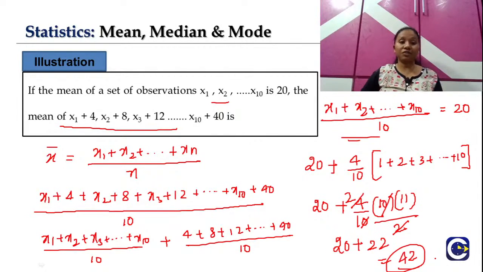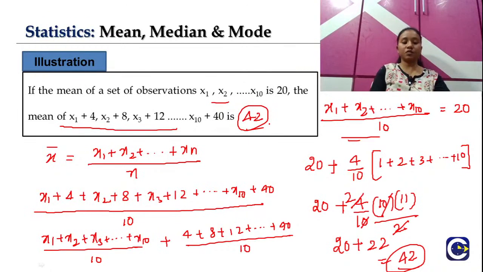So for the given information, we have figured out the average, the mean of this series, which is equal to 42. So I hope you guys got an idea how to deal with these types of questions using the given information and using our standard formula of finding the arithmetic mean. So this question is related to our first series, which is individual series. So let's move on to the next question, guys.